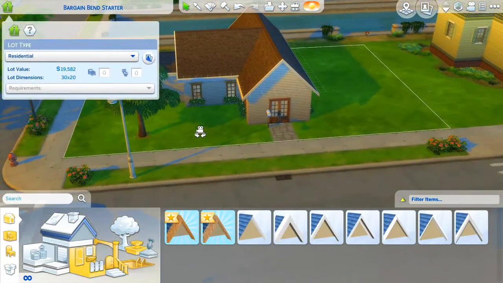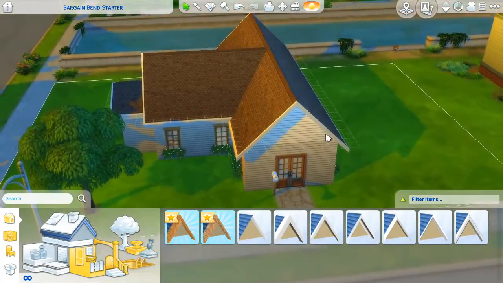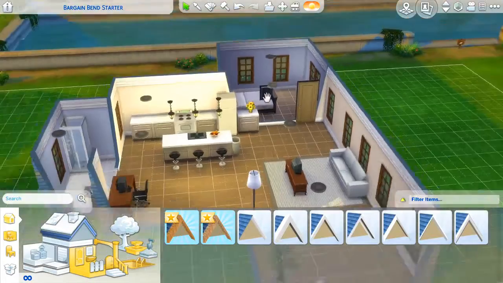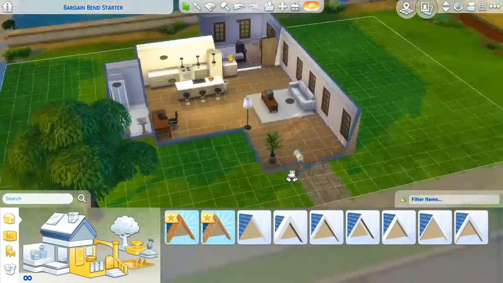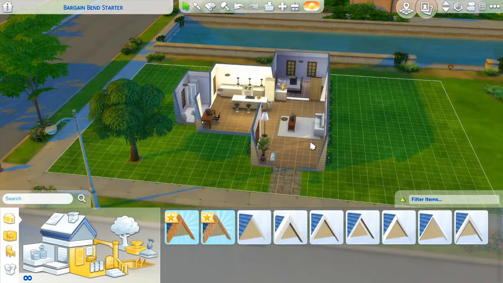You will have 418 left, which will get you by making like a single serving of like mac and cheese or something cheap. I don't know. So I really love this house. I'm honestly really happy with it. I think it looks really nice. And yeah, so